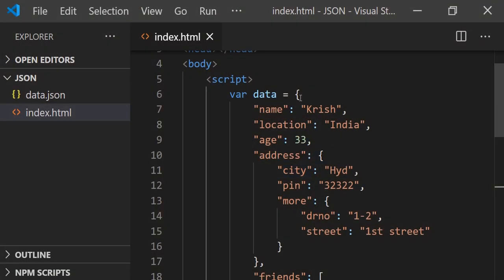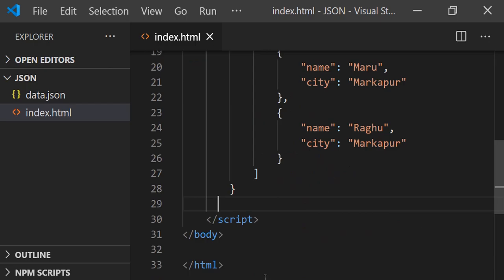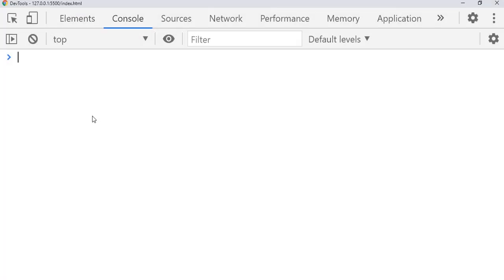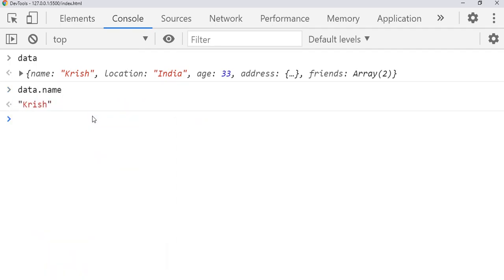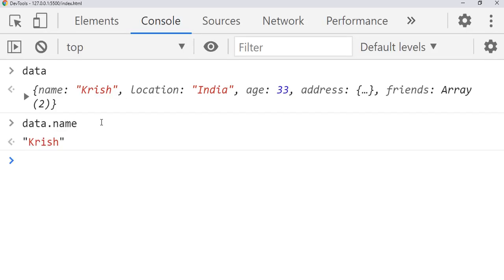How to read the values of the JSON? Since we are running the live server, you can access our data here. So data, and now you can write data dot name. This way you can retrieve or access the properties of the JSON data, like name.